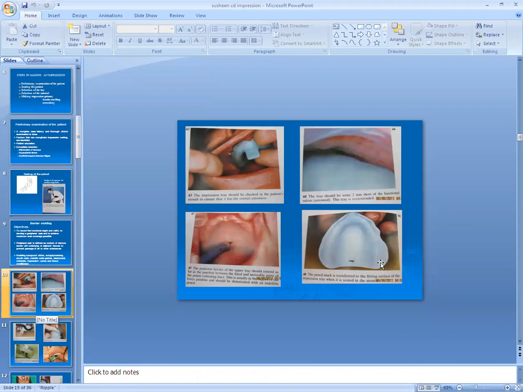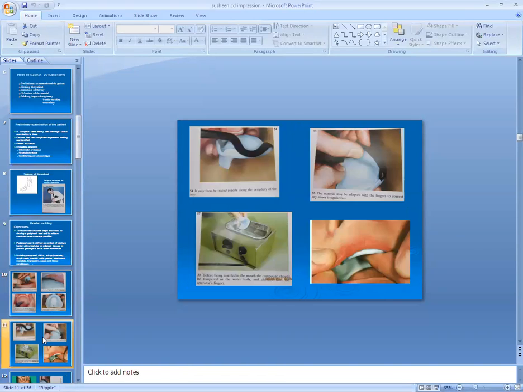Okay. So once you have marked the posterior palatal seal area, trim any excess material present behind the posterior palatal seal area. Then take the green stick. We routinely use green stick material, which is the gold standard material. Green stick material is a thermoplastic, so we have to use heat for tempering it.